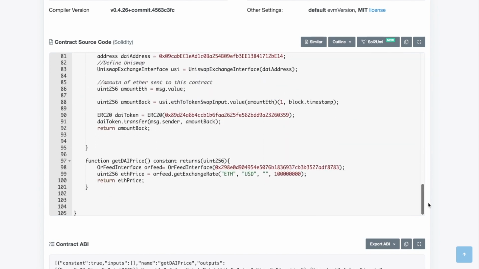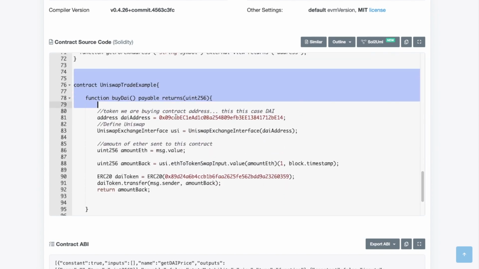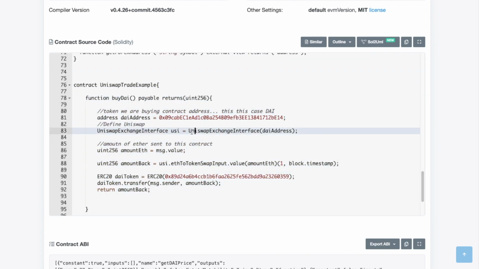So really we're going to look at this logic here to buy DAI, call the smart contract for DAI, initiate an exchange, send over some money to that exchange, and in one synchronous way get the funds and then send that back to the user who sent us the money.